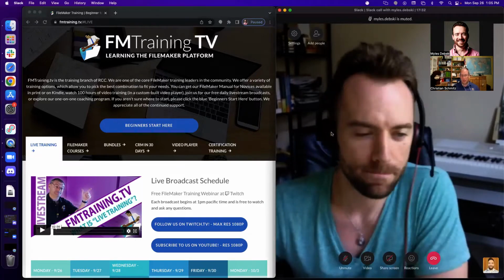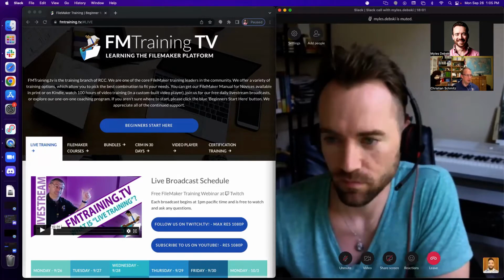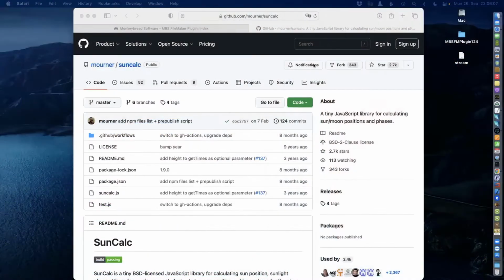So today, the idea is to use a JavaScript library in FileMaker. Sometimes you have some JavaScript code you like to use. And for the example today, we have a little library for calculation of when the sun rises and sets. So let me share my screen. Here you see a